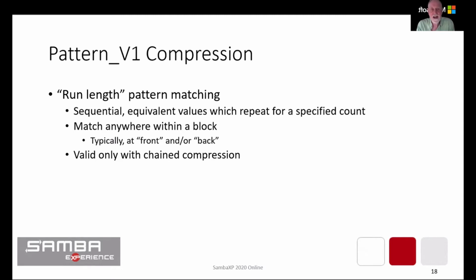The pattern V1 is valid only with a chained compression sequence. It is not a top level, first level algorithm. It's used only in a chain. It lives in a new structure and is flagged by the chained flag. Now that said, it can share the chain with other traditional compressions, and I'll show you some of the details of that. So just think run length, pattern matching. Well, equivalent byte pattern